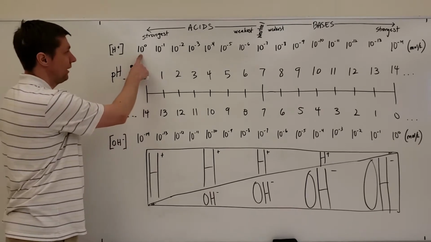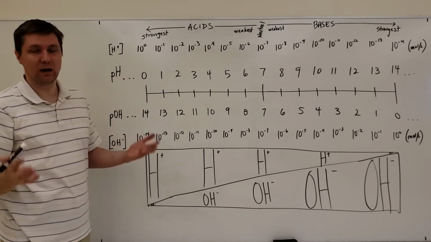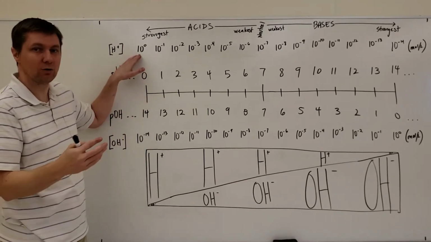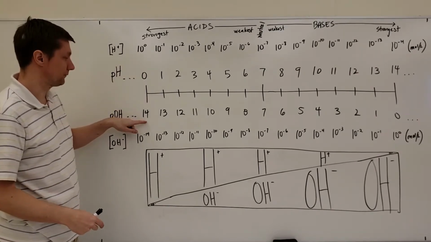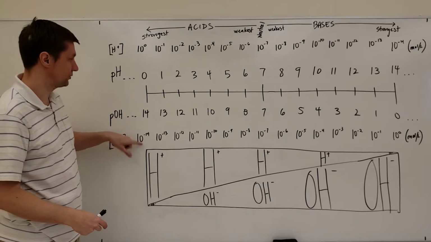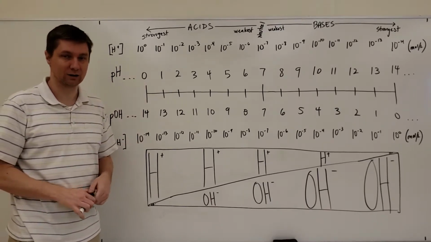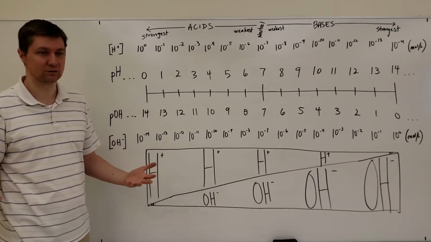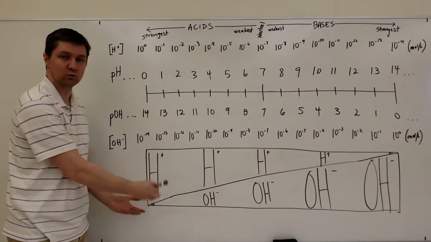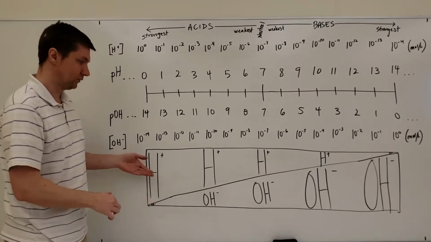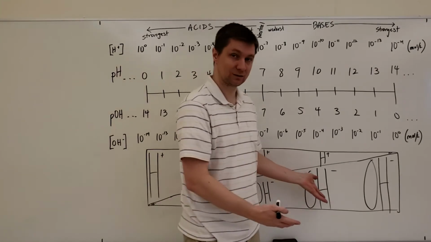You can see that for a really strong acid, I'll have a hydrogen ion concentration of 10 to the 0, or in other words, 1 mole per liter. And for hydroxide ion concentrations at that same pH, you can see that the concentration of hydroxide ions is 10 to the negative 14. It's a really, really small number. And so acid properties dominate this side of the scale because there are way more hydrogen ions in those solutions than there are hydroxide ions. And then as I move over to the base side of the scale